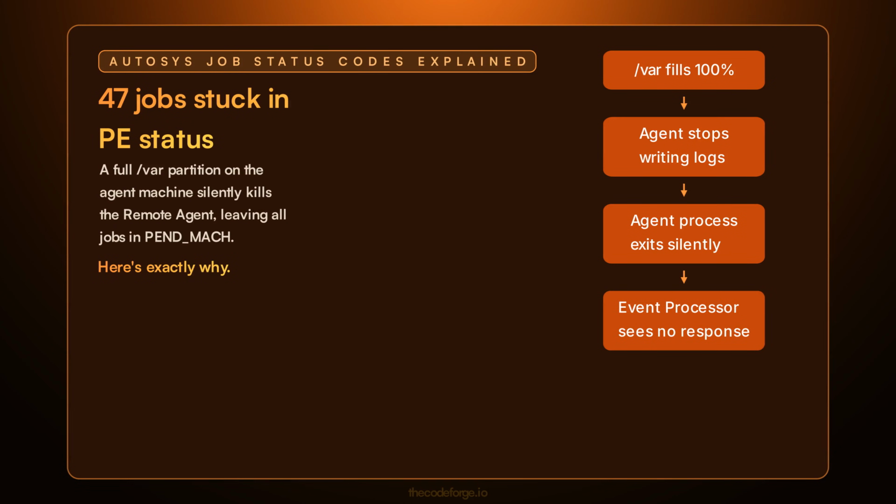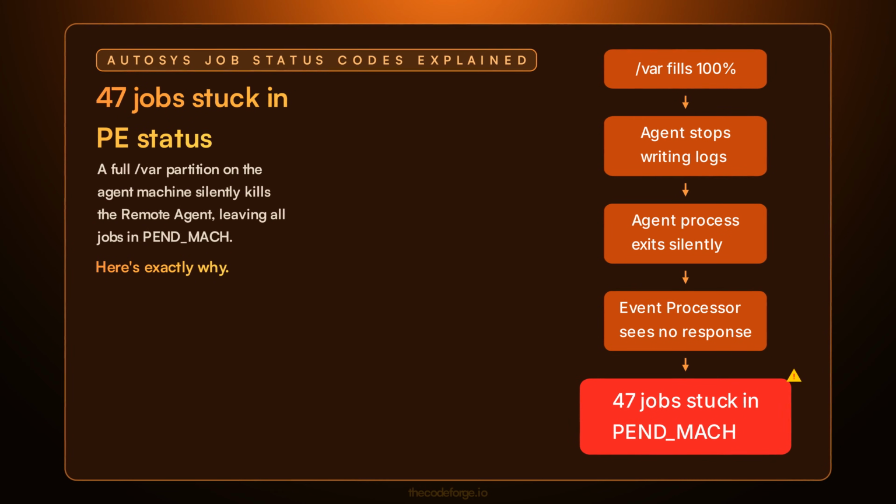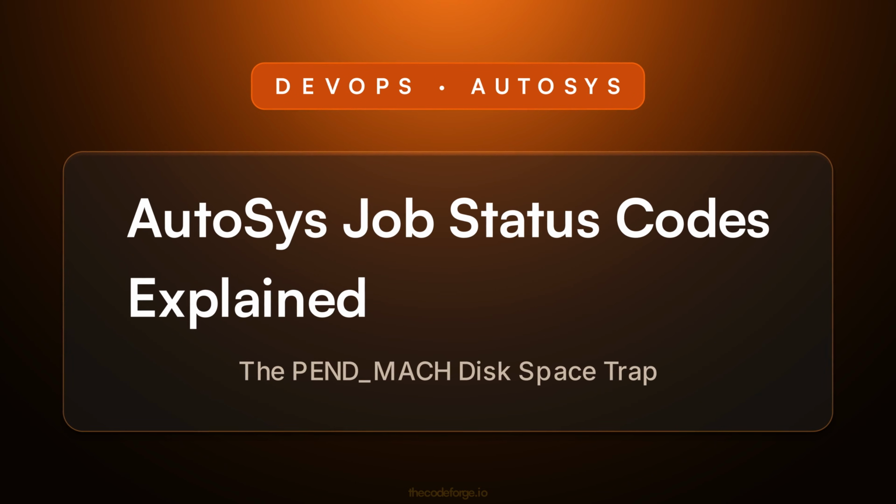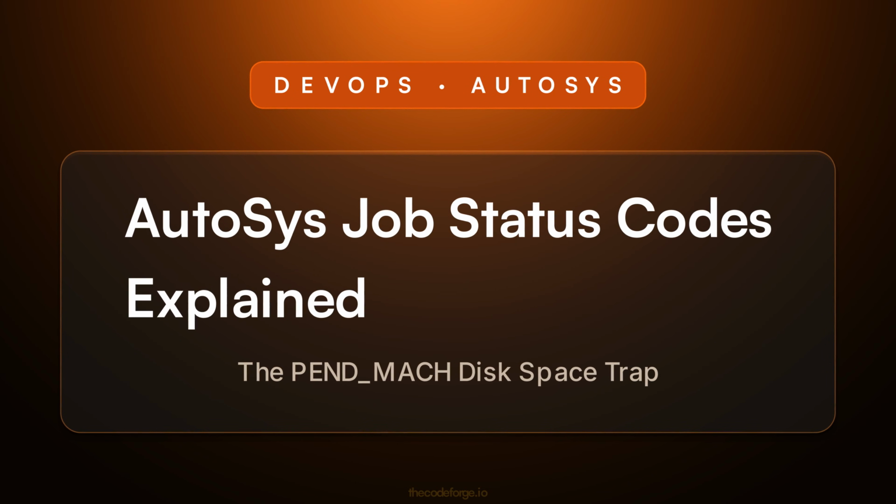47 jobs all show PE status on the same machine. The agent isn't responding, but it's not a network problem, it's a full /var partition that silently killed the agent. Here's exactly why. Let's break down AutoSys job status codes explained, how it works, and the exact mistake behind that